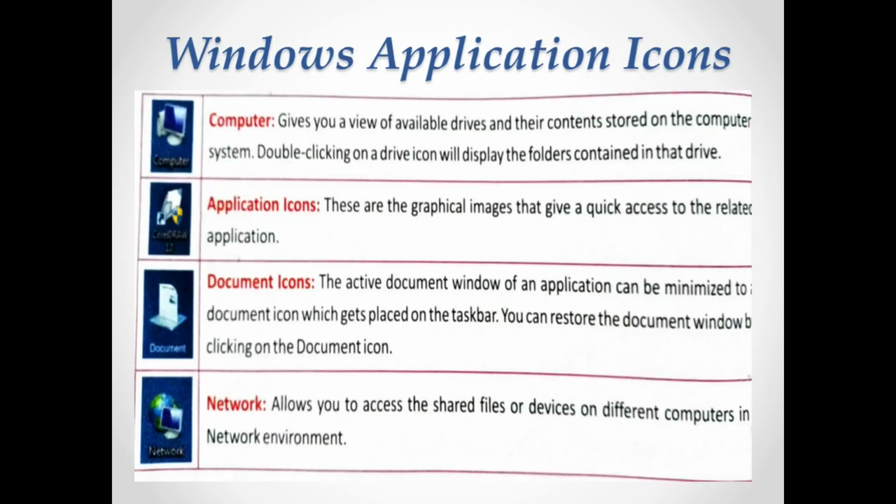Now we are going to see various applications on Windows, that is, Windows application icons. First we are going to see My Computer. The My Computer icon is where a computer picture would be there, and if you just double click on it, that's the main icon where you will know the different drives which will be available and where the files are being stored.